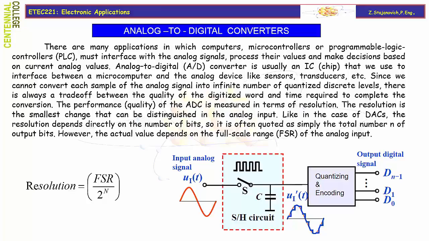Like in the case of DACs, the resolution depends directly on the number of bits, so it is often quoted as simply a total number n of output bits. However, the actual value depends on the full scale range of the analog input. So here is the definition of resolution that we will use. That's a full scale range divided with total number of levels, 2 to the power n, for n-bit analog digital